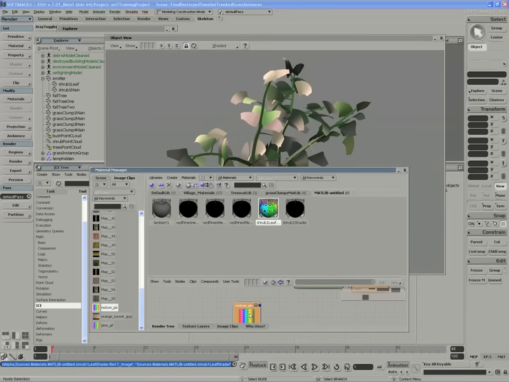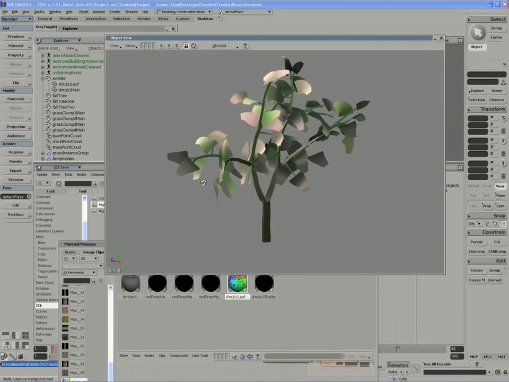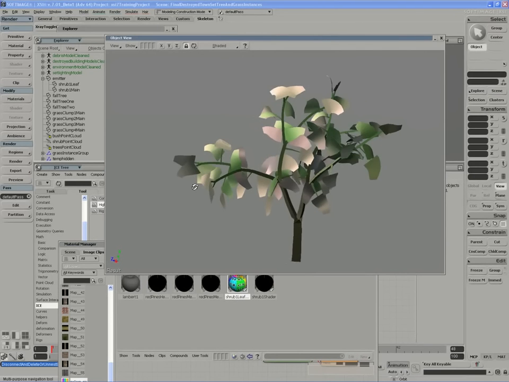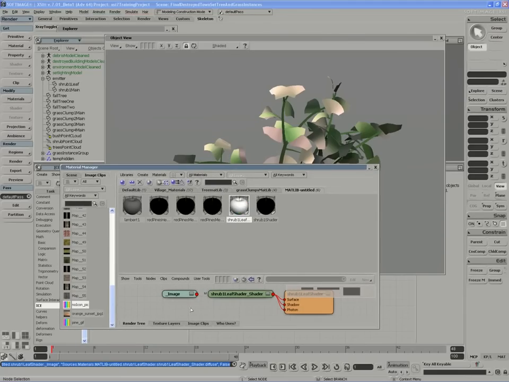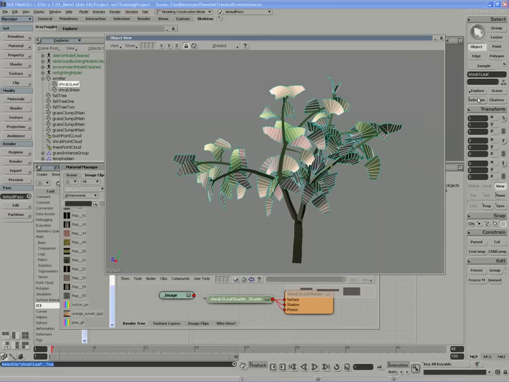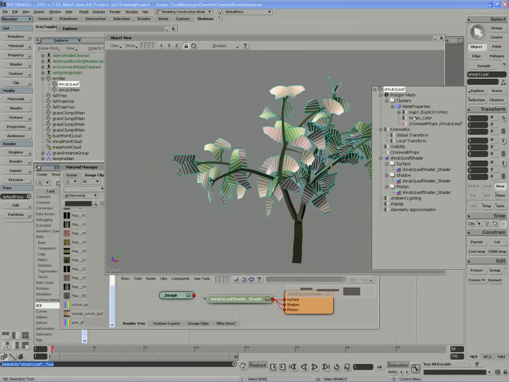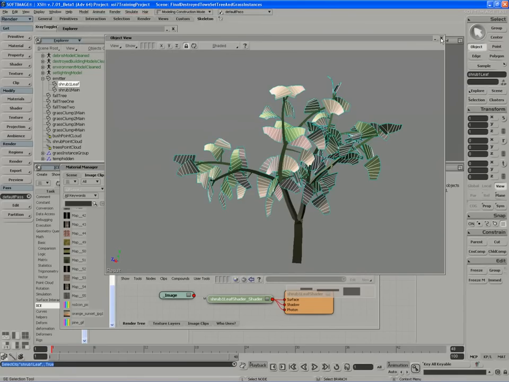And this is actually good because I have a lot of materials in here that I don't really even need. So there's my little shrub leaf. It still looks like it has a texture connected in there, so I'll disconnect the diffuse attribute. And the reason I'm seeing this color here is, again, because I'm probably dealing with a vertex color map. Yep, I am. So I can use the map lookup